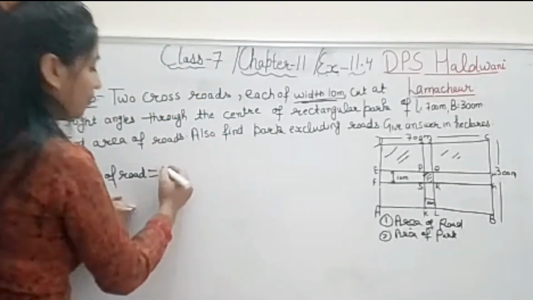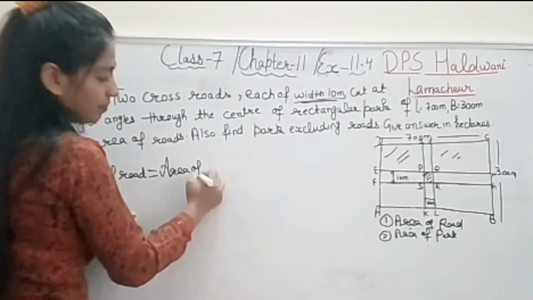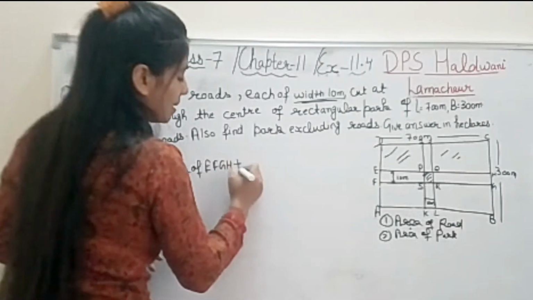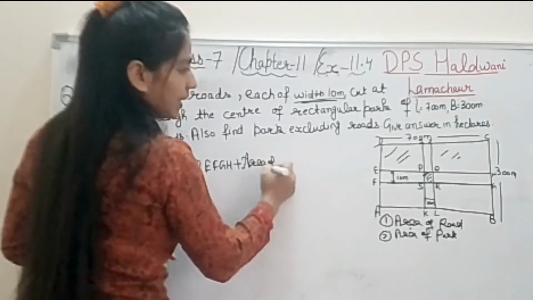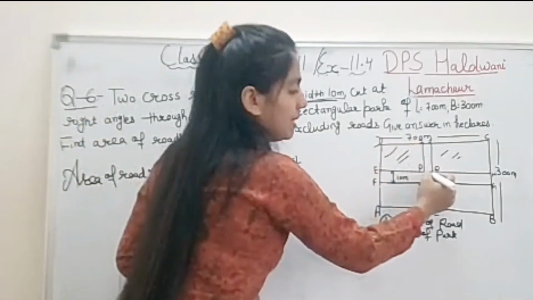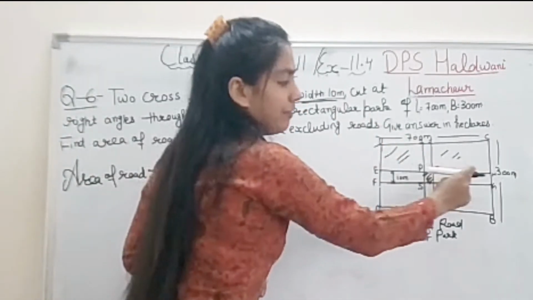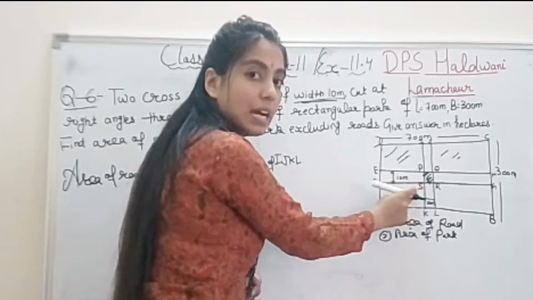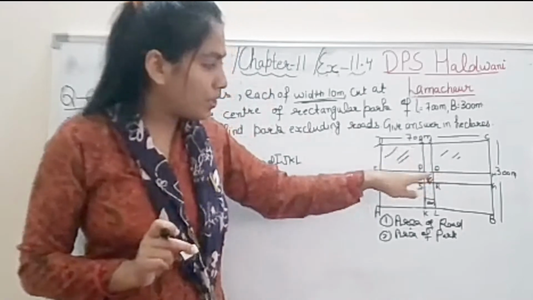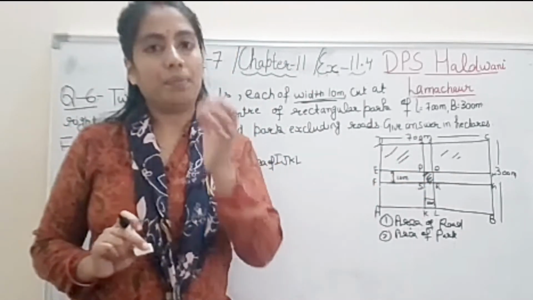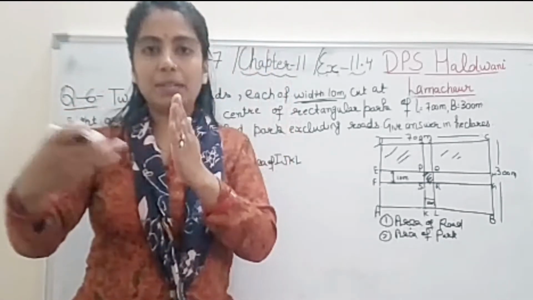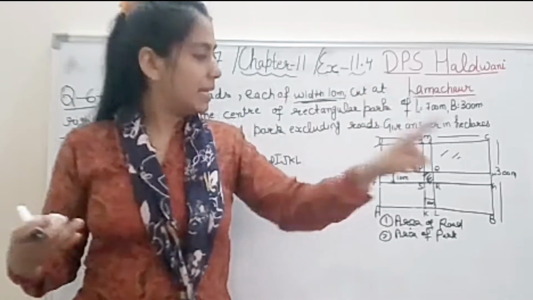So let's start. Area of road is area of first road, that is EFGH, plus area of second road IJKL. Now see student, one more road is there, this one which is common. In EFGH जब हम देखें तब भी PQRS is coming, and then IJKL then also PQRS, but the portion is same. Portion वही है पर दो बार आ रहा है student, but side तो एक ही है, road तो एक ही बार है, इस road में भी आ रहा है and horizontal भी vertical भी. So 2 times it's coming.